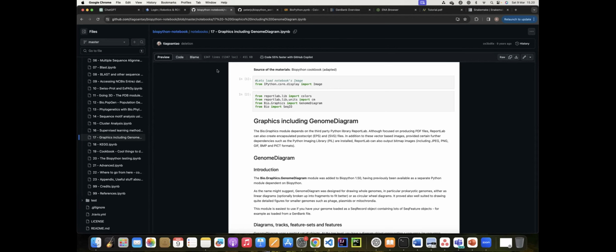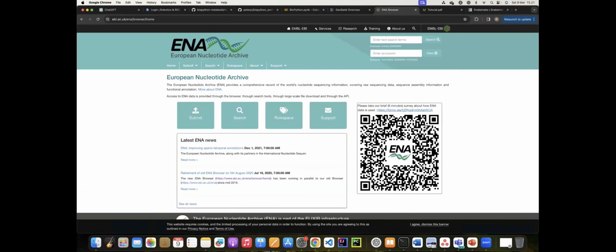Is that clear enough? Okay, so make this, I give you the chat room, this to GitHub as your practice or exercise. Make sure you exercise well, all of this tutorial from the Biopython, to make sure that you can productively get data from NCBI or European Nucleotide Archive. Thank you. Please continue